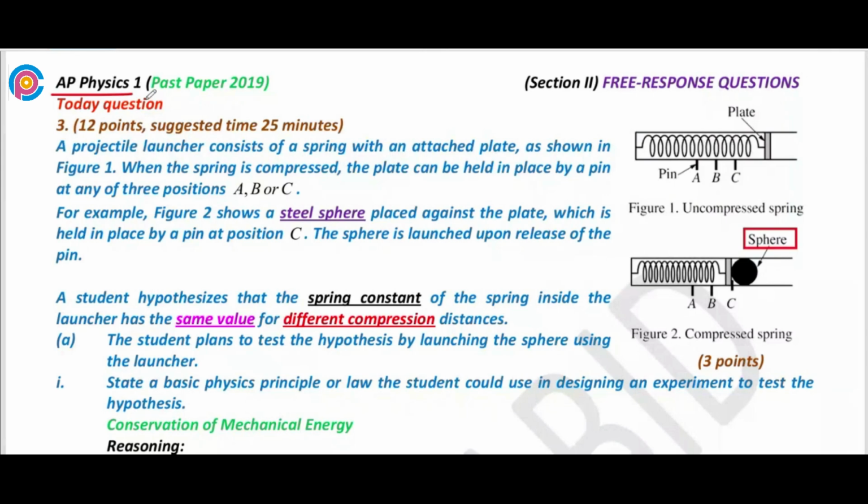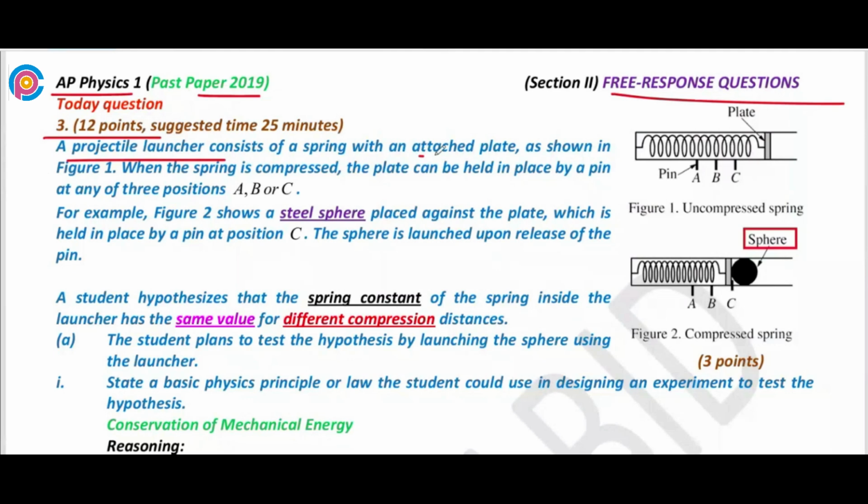Hi, we have the AP Physics 1 past paper 2019. We are discussing the section free response questions. Now we have question number 3, which carries 12 points, in which a projectile launcher consists of